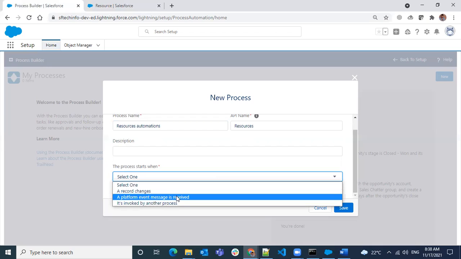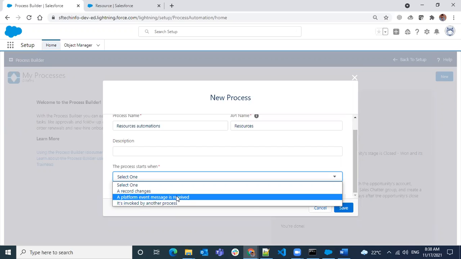We have a feature called platform events. This is not only from Salesforce; from outside of Salesforce also, through API, you can fire the platform events, and it is not specific to an object. So it's organization-wide. That means it's not specific to one object in your organization.